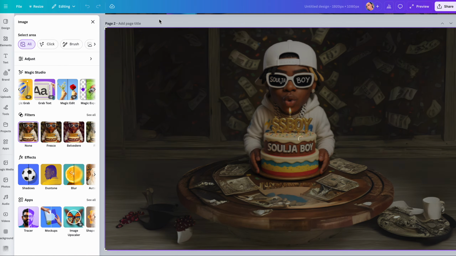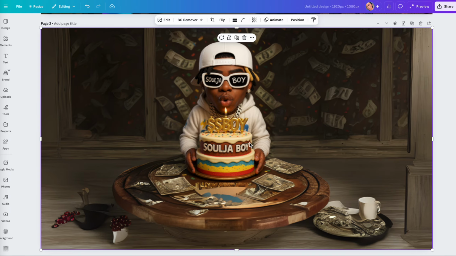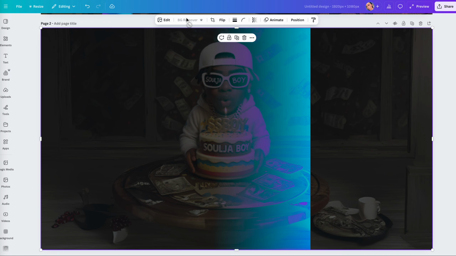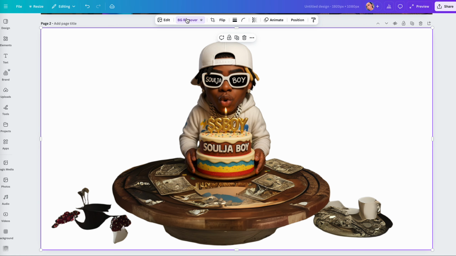So this is more than what we want. So what we're going to do is we're going to take this full image. Now we got a nice table there. We got some money on it. And we're going to remove the background. And what I'm hoping is all that's left is the actual table and Soldier Boy. Okay, great. So now we have Soldier Boy at the table. We can drop this in our scene, but we still need to clean up these edges.